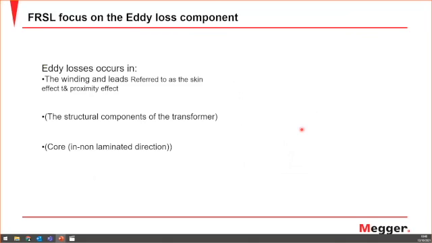maybe in the next slides. But before that, we are talking now about eddy losses that might occur, which refer, as I say, to the skin effect or proximity effect, and also the structural components of the transformer, where also the core in a non-laminated direction will all cause eddy current losses. I will show then in the next slides what I was telling about